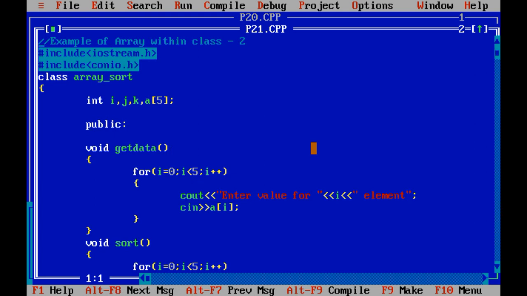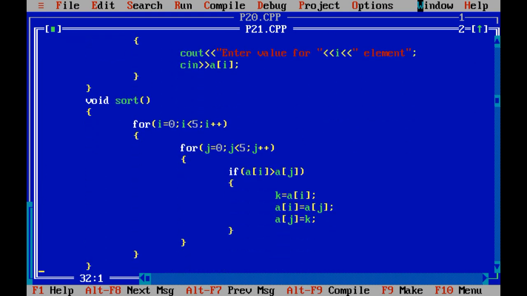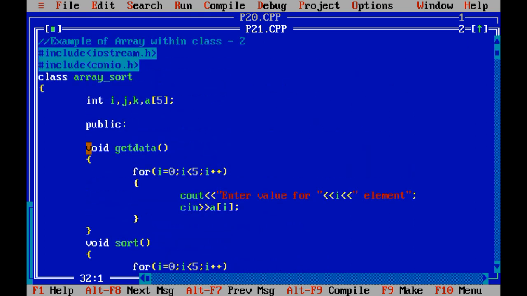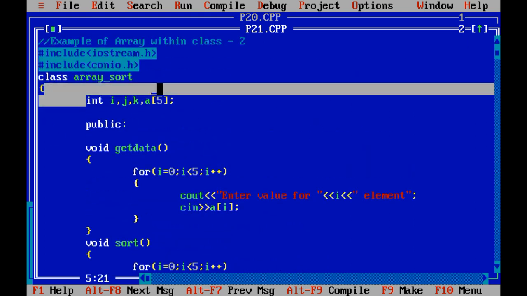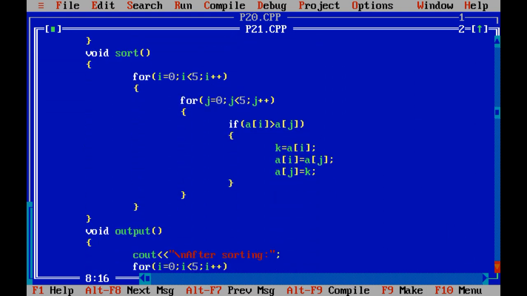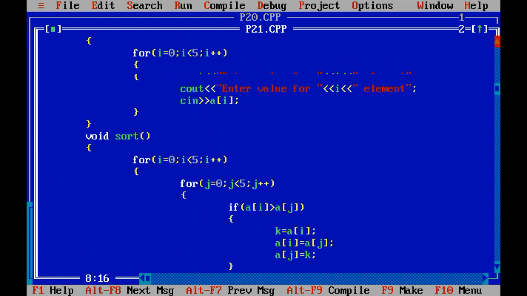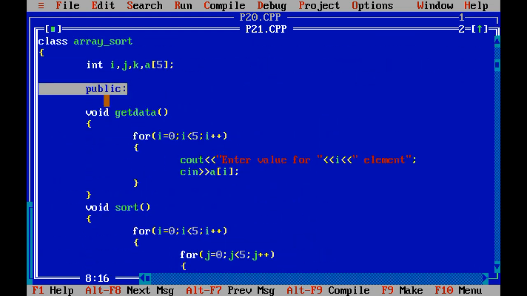So in this way you can use the logic of sorting. Let me repeat once again. In the array sort class I have declared 4 variables which are private variables of array sort class, which cannot be accessed outside the class directly. Now I have taken public keyword, so that get data, sort and display, or we can say output, these 3 are the methods of array sort class through which we can access it outside the class with the help of object of that class.